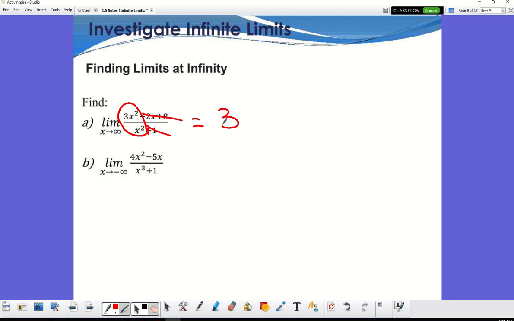All right, how about this other one? Which one is it going to go to faster? Bottom, right? Leading coefficient. So foot race to infinity. The bottom is going to win. Okay? By a whole factor of infinity, right? So if it's going to negative infinity, pay close attention. So this is going to be, if I were to just say I could factor out that whole thing. Right here, I have negative infinity to the 3rd power. What is that going to be?